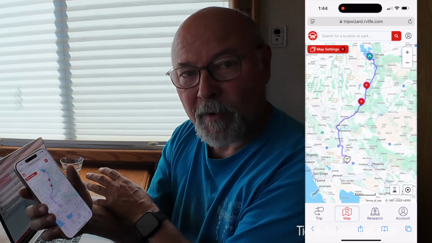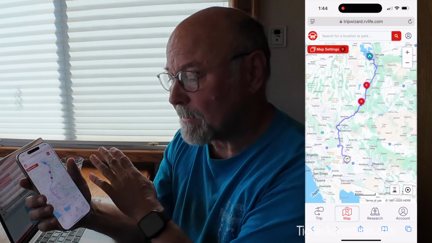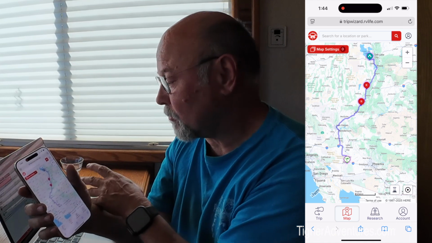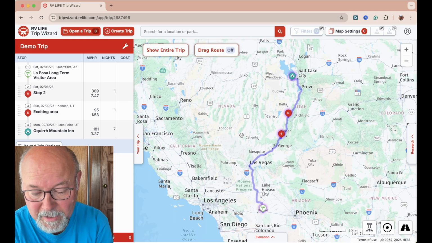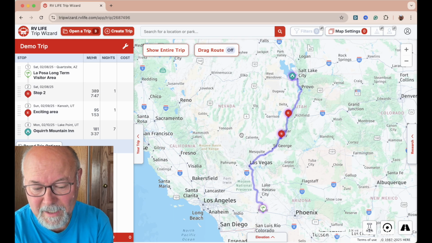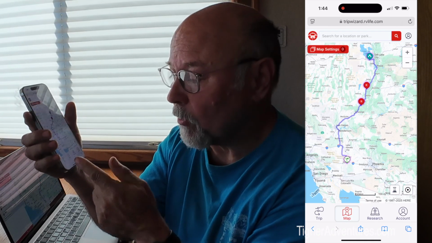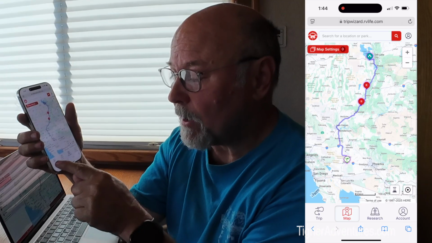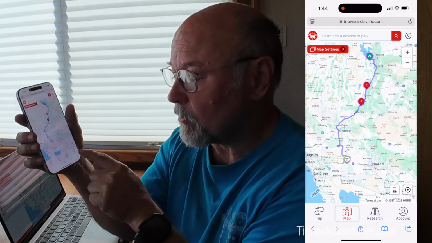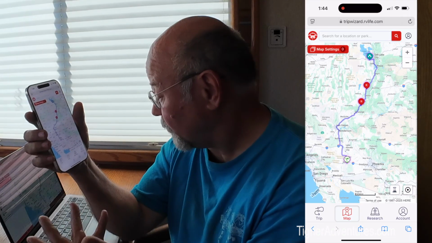I'm just used to working with a trackpad and a mouse, so that's how I do all my things. It's done differently on a laptop. You look right here, you can see that we have these research tabs on the side, your trip, your elevation. It's little tabs on the side that you can click on, okay? But here on the phone or your tablet, doesn't matter which one, they both look the same. You have the trips, the maps, the research, and account information right here along the bottom, but you don't have